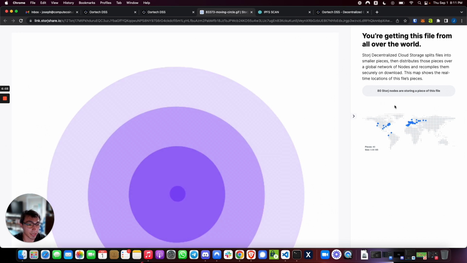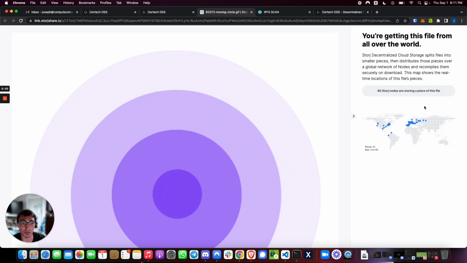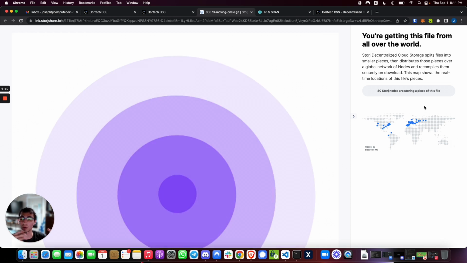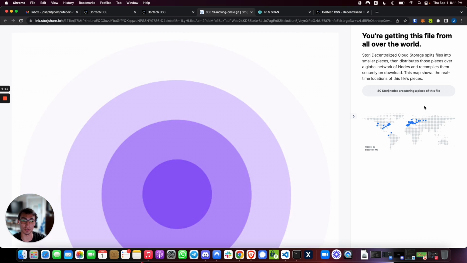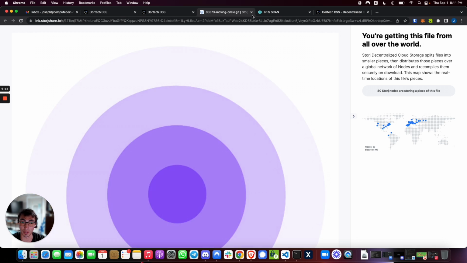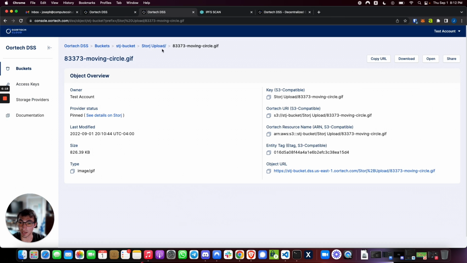And we can see right now 80 storage nodes are storing a piece of this file. Now as the sharding continues, more and more nodes will continue to store the file, making it more and more distributed and more decentralized. A cool little neat thing I want to show here